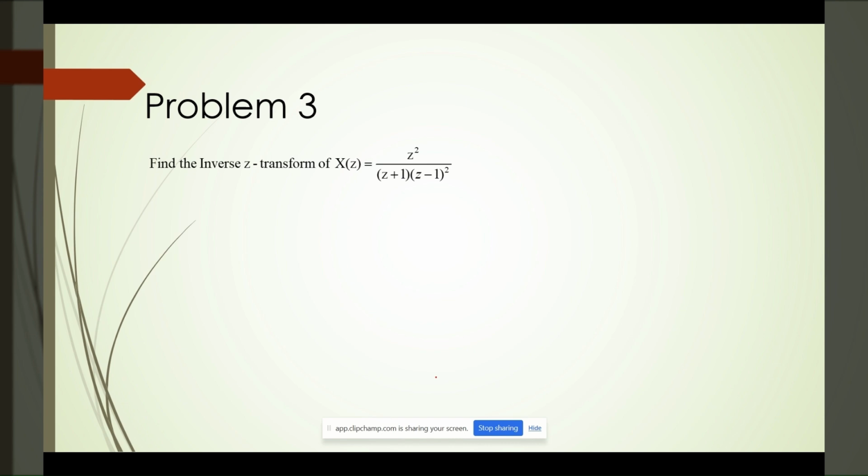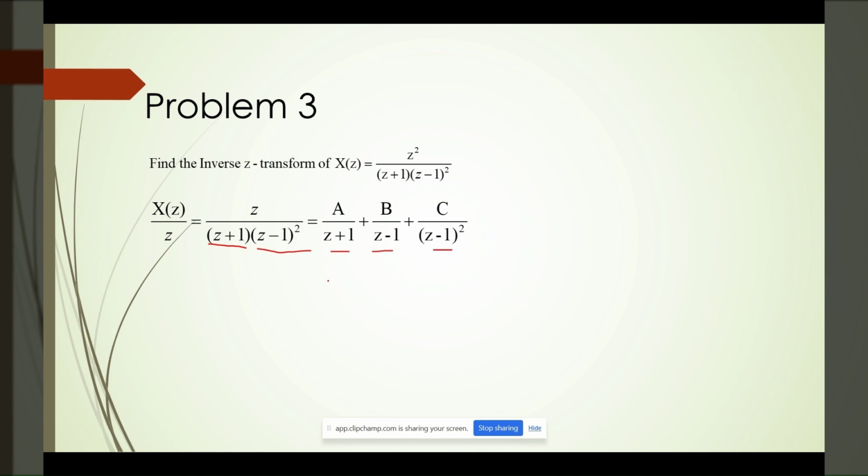Next, coming to the problem with squares. So when the function is having square, the partial fraction methodology is slightly different. So that's why I have taken this problem. So if you take x of z by z, numerator will have z by z plus 1 into z minus 1 the whole square. So here also, you will be having three poles. You know that this will give one pole and this will give two poles. So we have to find a, b, and c.